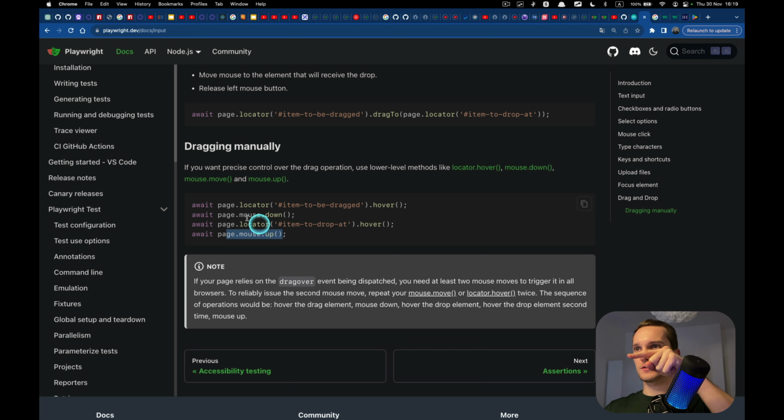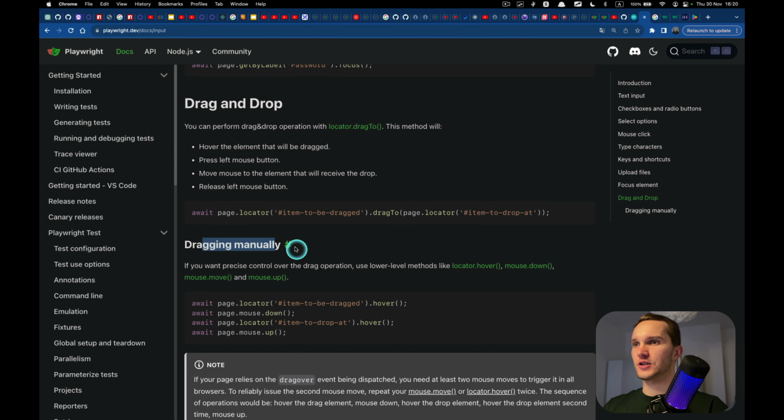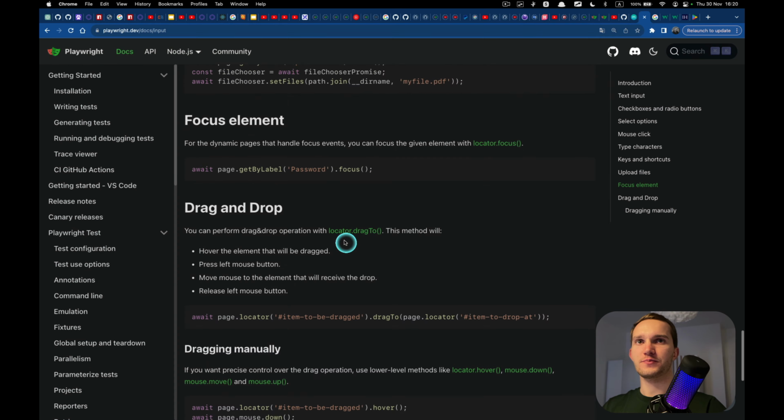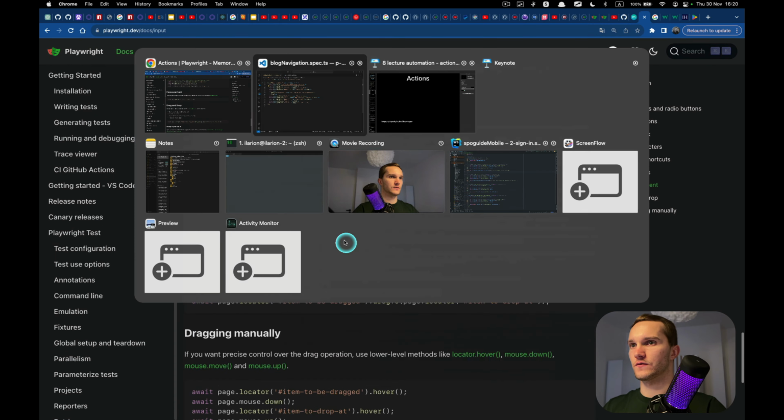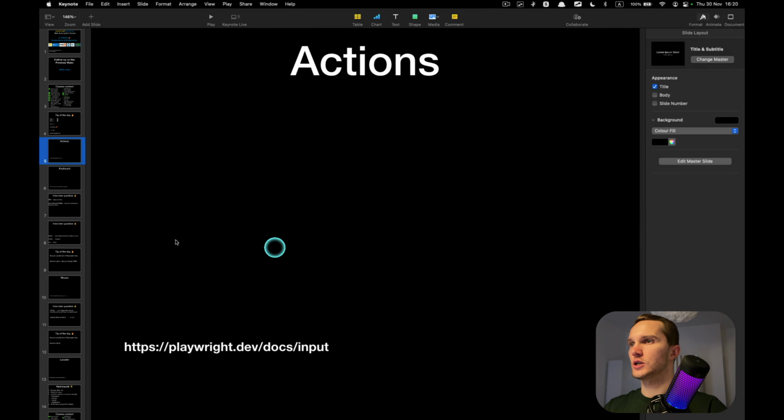That's what the user does when they do drag and drop. All right, that's it for actions on this page.